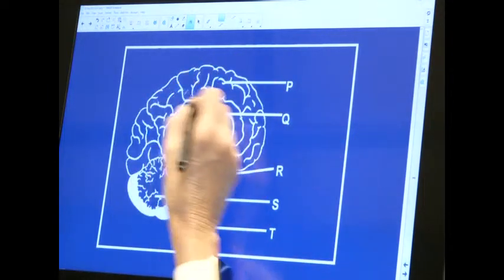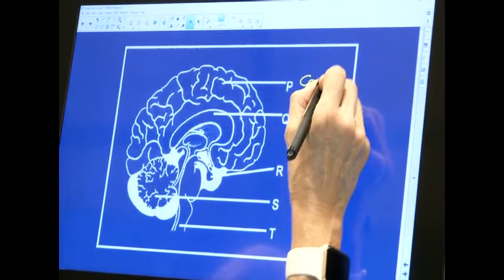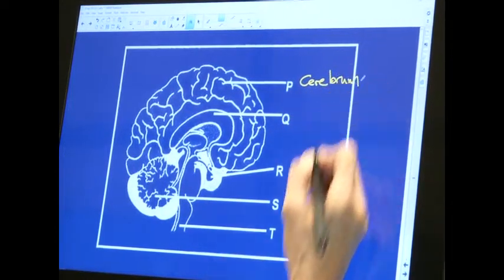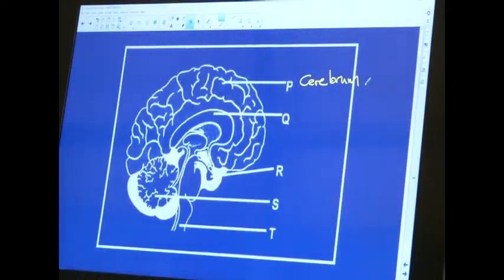So this here is the cerebrum. Okay? And what is the function of the cerebrum? Think about it. It is the perception of all our senses is in the cerebrum. The cerebrum controls all voluntary movement. The cerebrum is also the center for higher thought patterns, intelligence, logic, reasoning. It all sits here. In fact, specifically, your higher intelligence and reasoning and logic sits here in the frontal